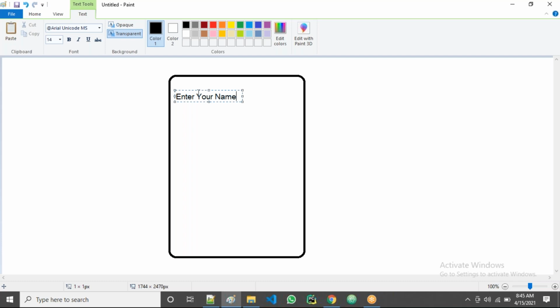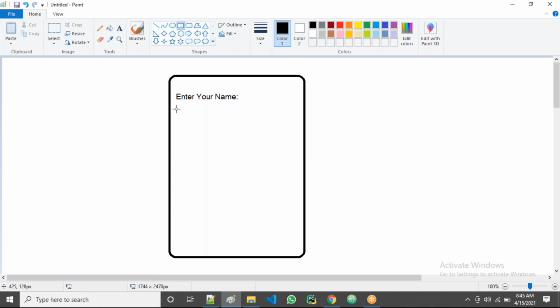This is called a label. For every label, we must have one input box. Like that, we can take the first name, last name, email ID, mobile number, location, company name, like that.